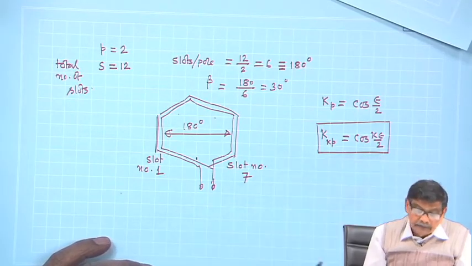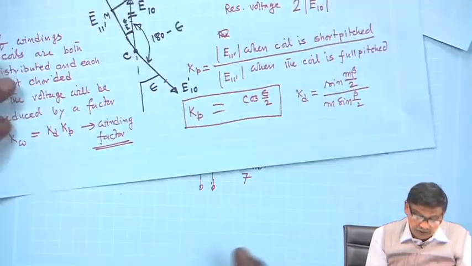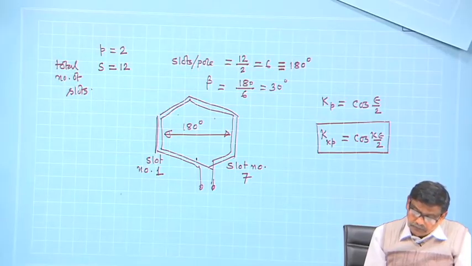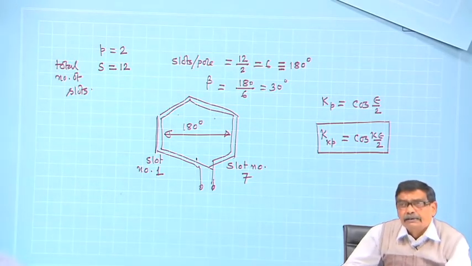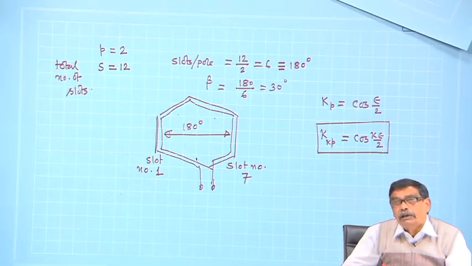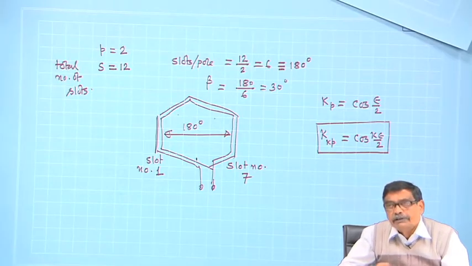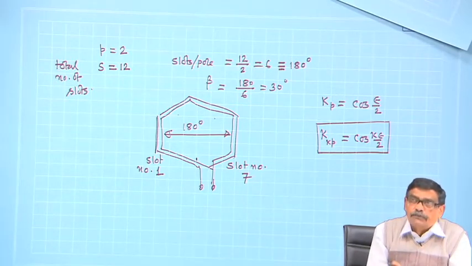Is that clear? And in the expression of the EMF, net EMF across the coil, it should be multiplied with both Kd and Kp. So, suppose I know that there is third harmonic, fifth harmonic, and I decide that I will try to eliminate the third harmonic voltage. Okay, let the third harmonic be present in space, and that will cause induced voltage here. But if you want to annihilate the third harmonic voltage,